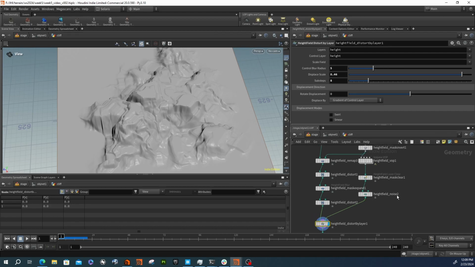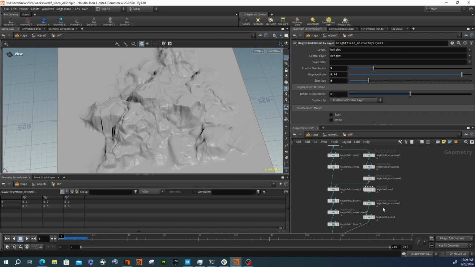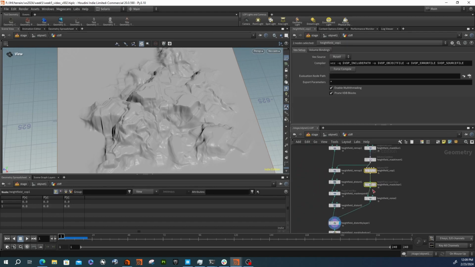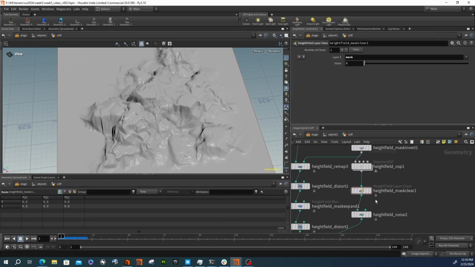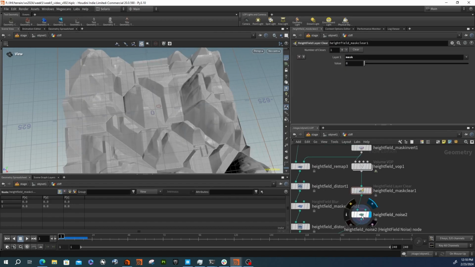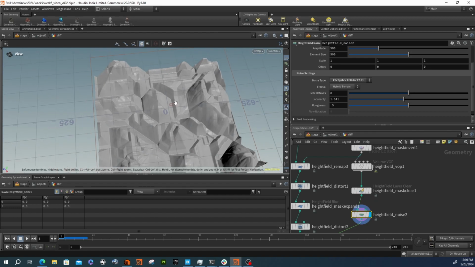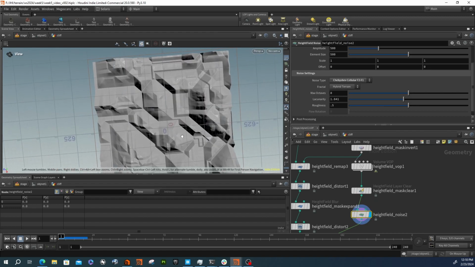I don't think I did. Yeah, I did this whole thing. I was going to do some noise patterns anyway, and then I cleared it. So I'm glad I left that in there. All right, so here's a noise pattern, just a different one, a different pattern, and it gives this kind of